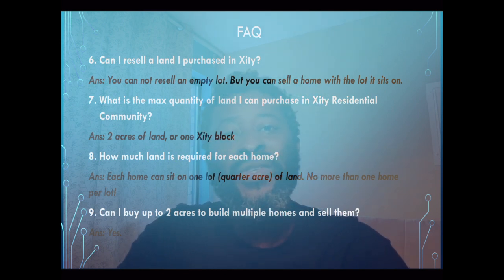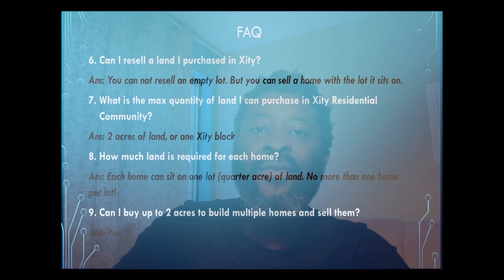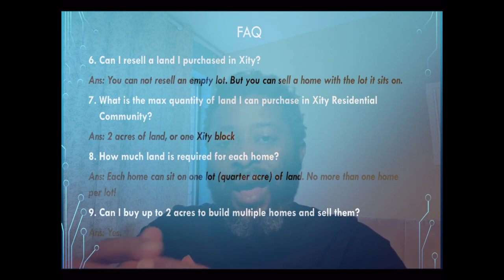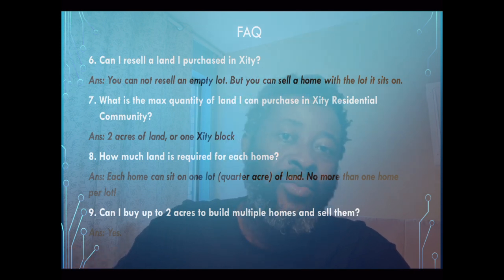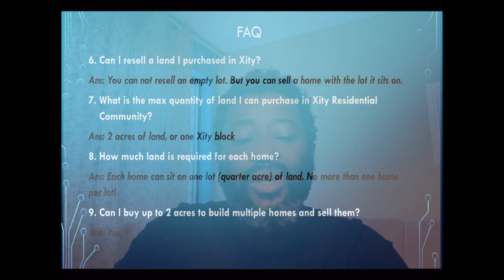But for some of these homes, especially the higher end ones, it's never a bad idea to have extra land around it so that you can plant a garden, or do other things such as maybe a swimming pool, etc. So the choice is yours as to how much land you want to put these buildings on, but we will maintain and advise, by the way, and enforce that for each building you will have 1 lot at least.